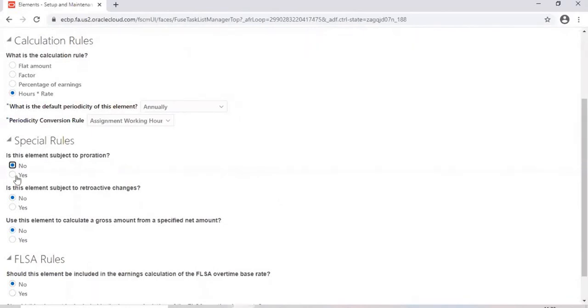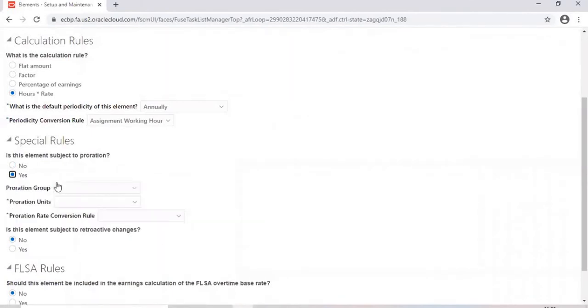Now, when I enable proration, what will happen? It will be prorated. My salary is updated from 10,000 to 20,000 on 15th March. So first 15 days, it will calculate based on 10,000. Next 15 days, it will calculate based on 20,000. Average, I will get 15,000 for that month. Not 10,000, not 20,000. I will get 15,000 for March month. April month onwards, I will get 20,000 anyway. That is called proration.